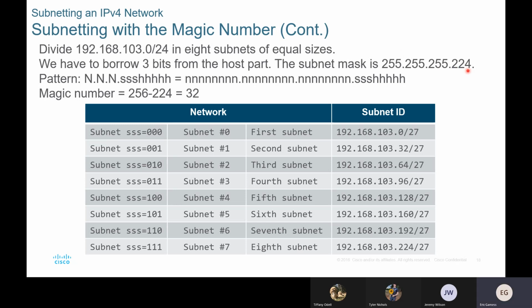Let's compute the magic number. So I'm going to parse this network mask from left to right in search of the last byte that is not 0. This is the last byte that is not 0. So 256 minus 224 will be what? Will be 32, no? So the magic number is 32, and the magic number is in the 4th byte, which means when I'm going